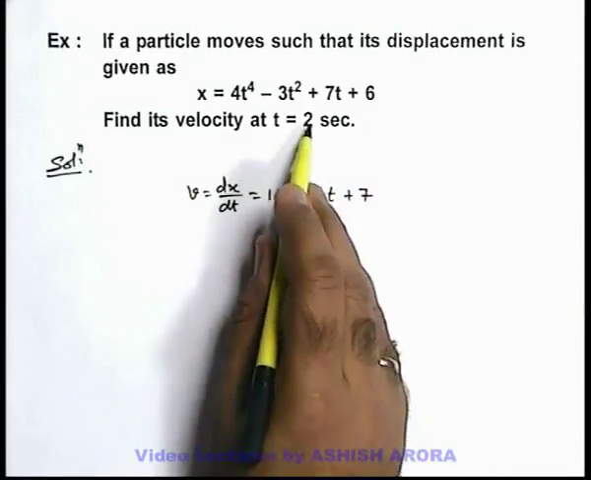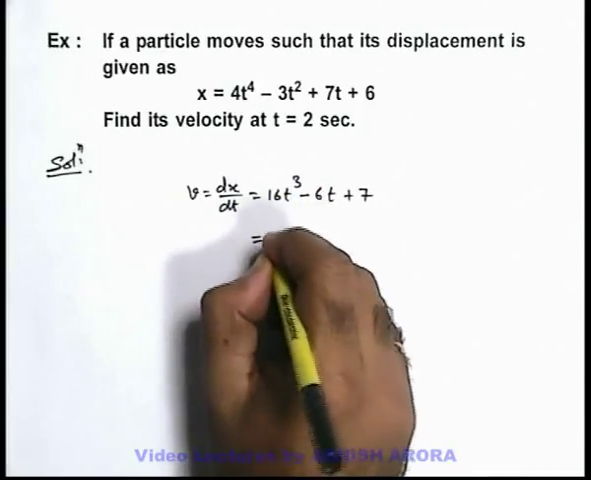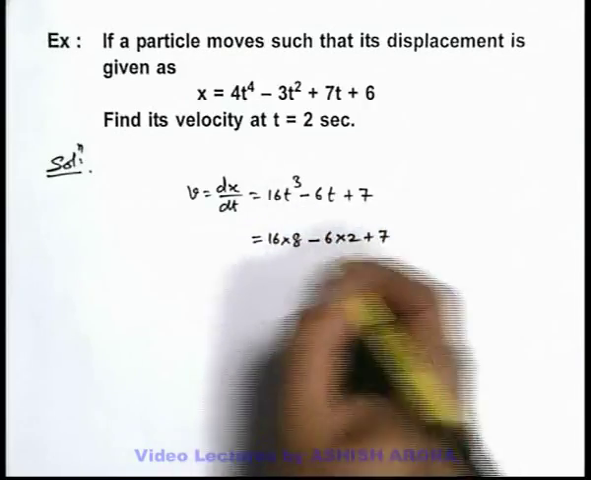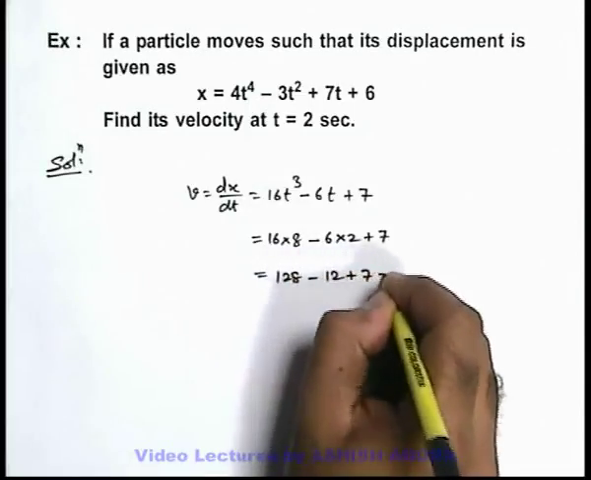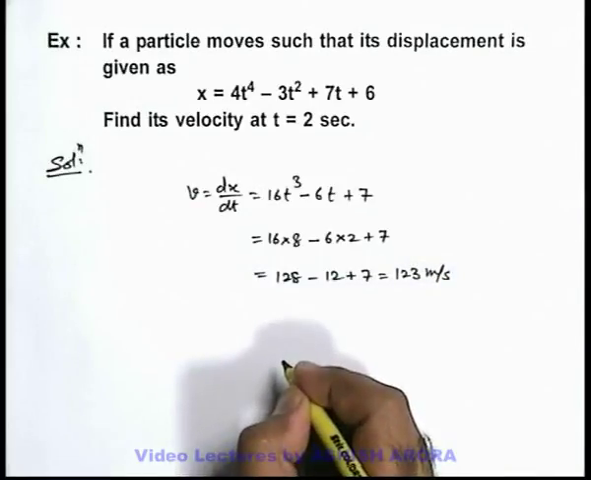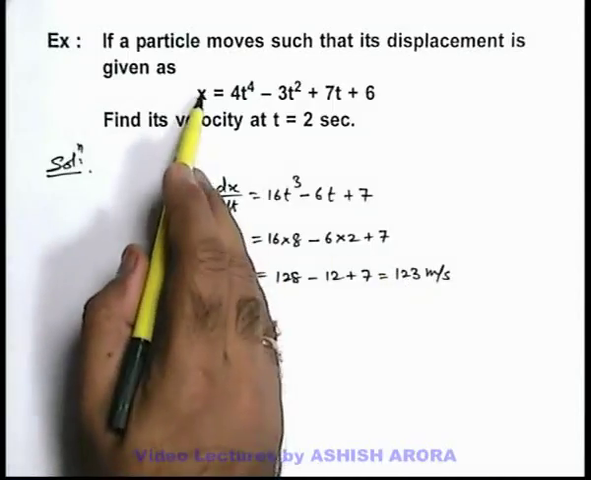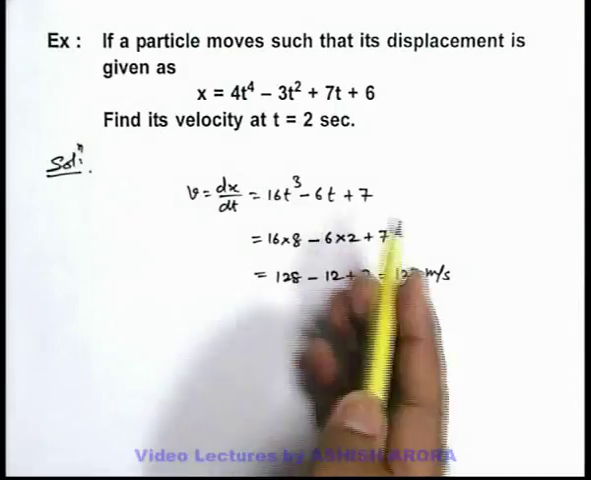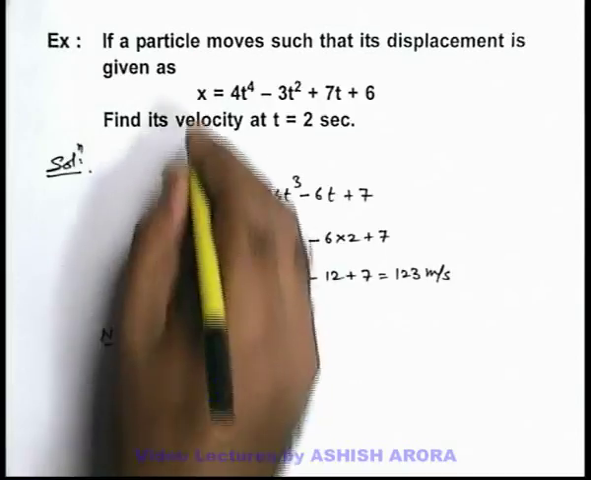And we are required to find the velocity at 2 seconds. We can directly put the value of t as 2. This will be 16 into 8 minus 6 into 2 plus 7. So this will be 128 minus 12 plus 7, which equals 123 meters per second. So just keep it in mind that on differentiating the displacement with respect to time we get the velocity. You can also write down a note, which gives you the relation between velocity and displacement